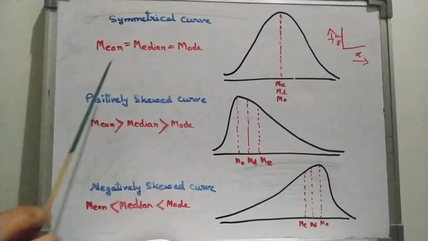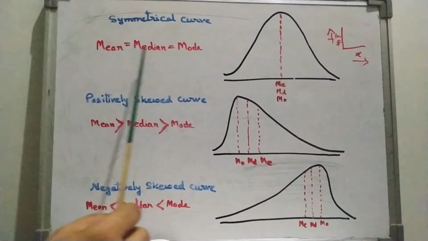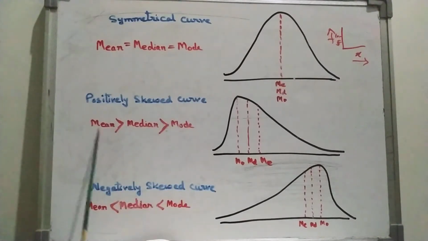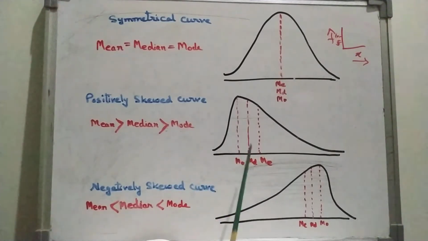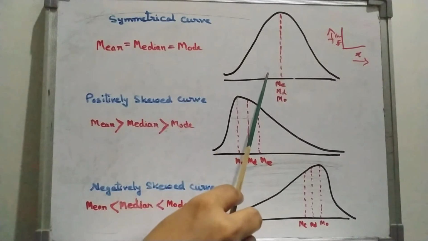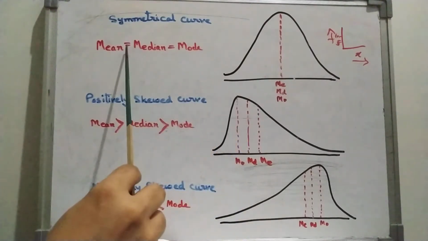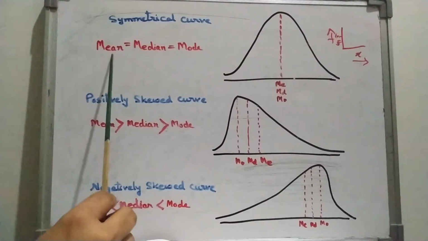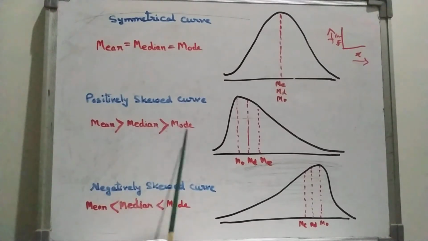Okay, in all the three cases I have written mean, median, mode. The sequence is the same: mean, median, mode. Here also mean, median, mode. So keep the sequence same. But according to the figure you put the greater or less sign. So just as here we have written mean, median, mode, and since it is a symmetrical distribution, we put equal signs here. Now in the same way we have written mean, median, mode.